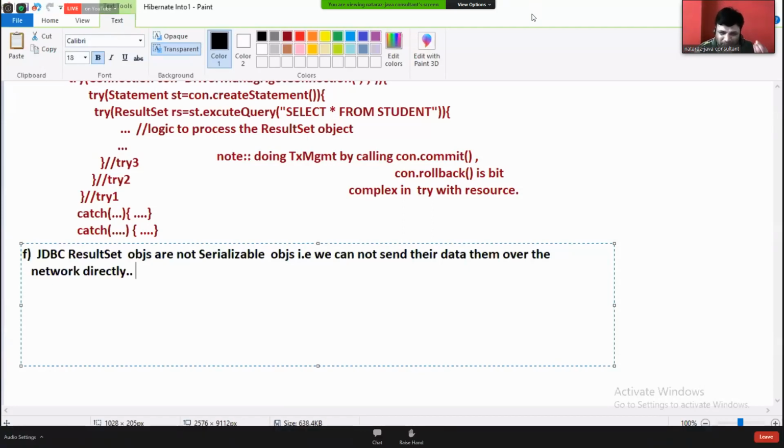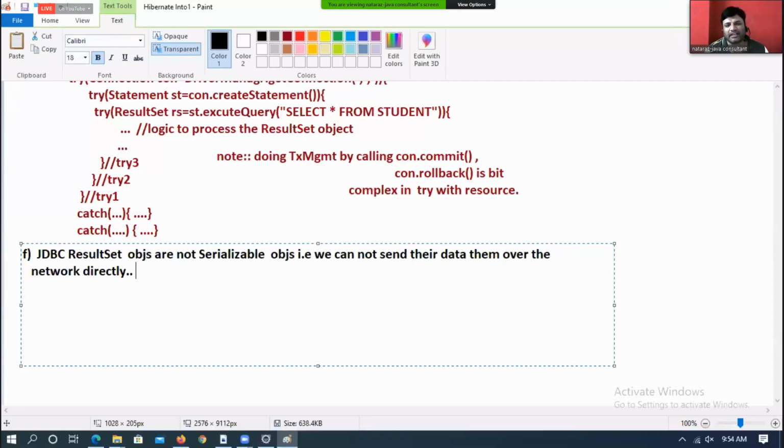That means some complexity is involved. After hitting the database, we will get a good amount of data in the result set object. Since the result set object is not a serializable object, there is no provision for sending the data over the network. Agree with me or not?